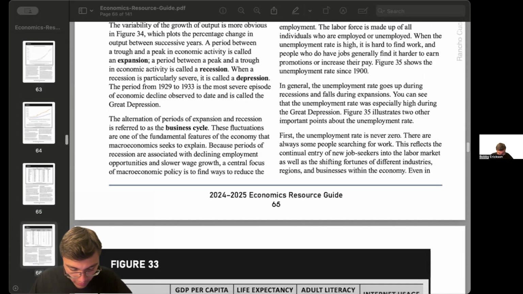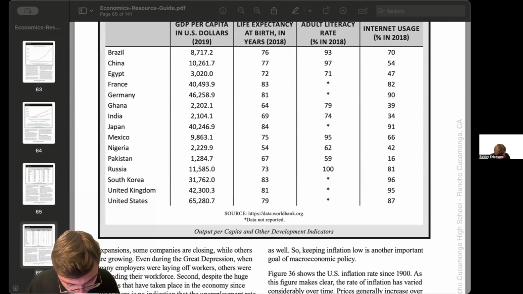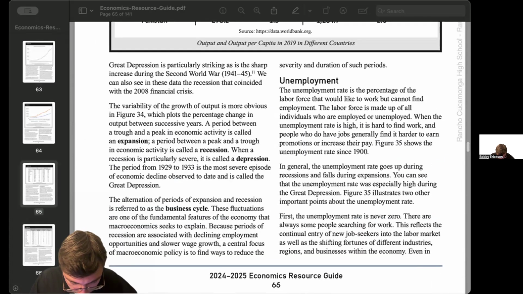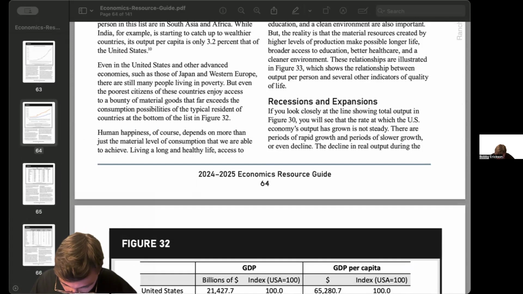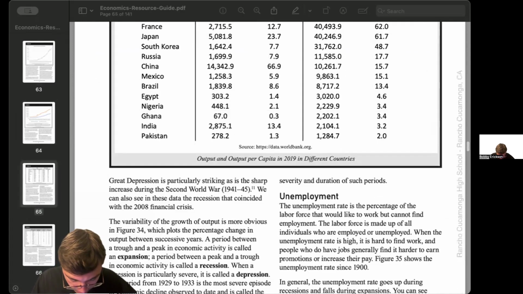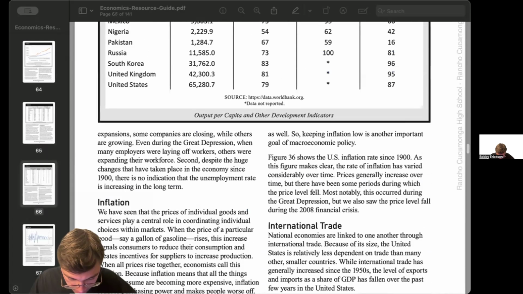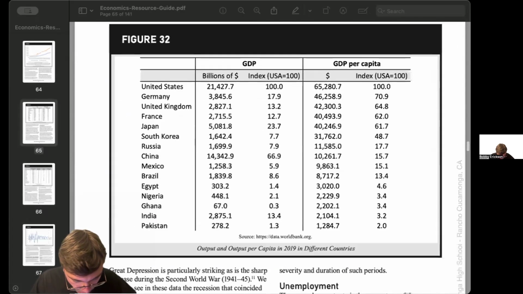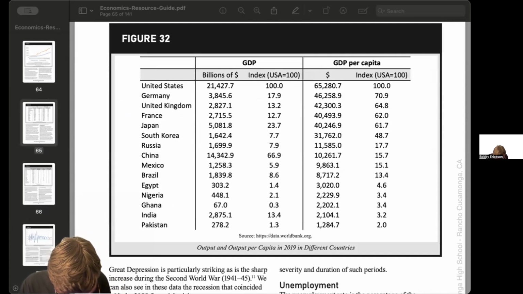So overall, I'm going to go back to this chart. We also see that in South Asia, so let's see, what did it say? It said those particularly in South Asia and Africa. So we have South Asia here. If we're looking at some of these countries, we have India, which is South Asia. However, they've grown a lot more. And then Africa. So if you see numbers here like Nigeria and Egypt,